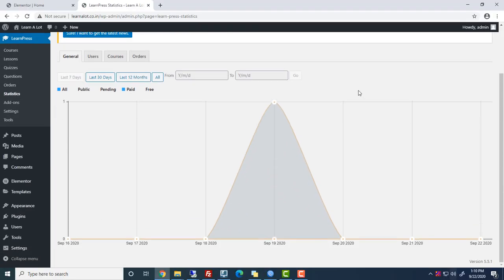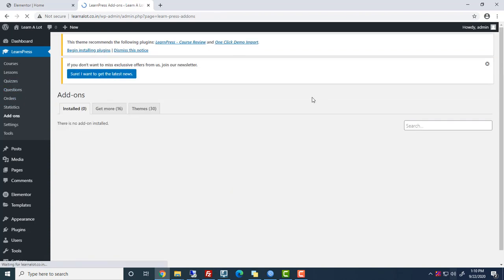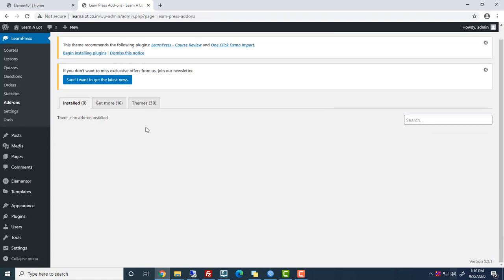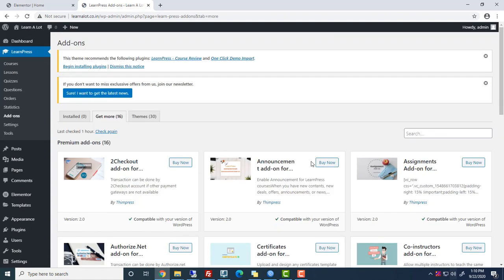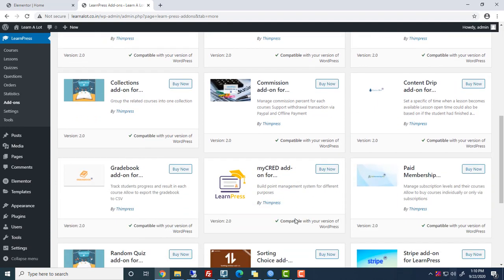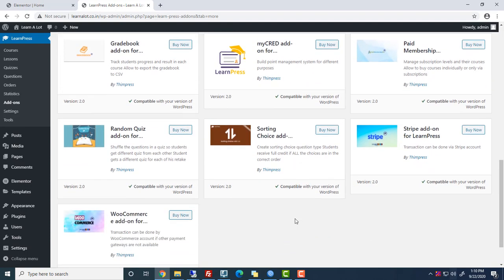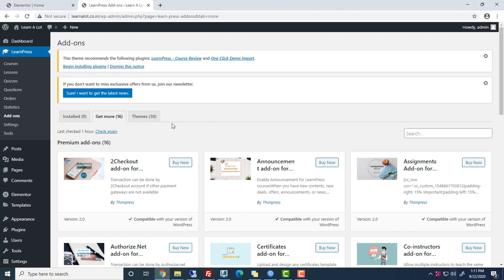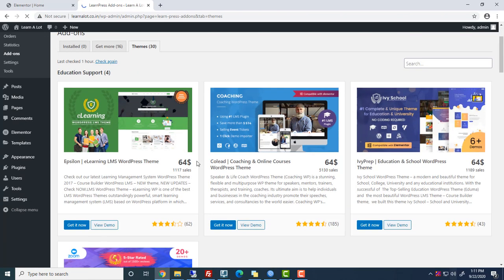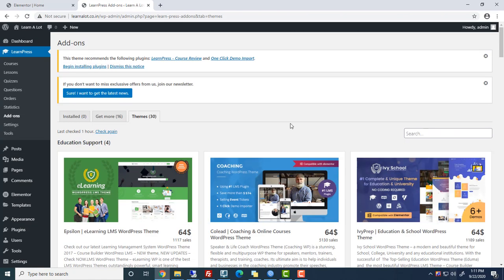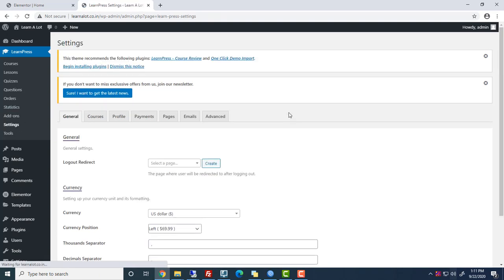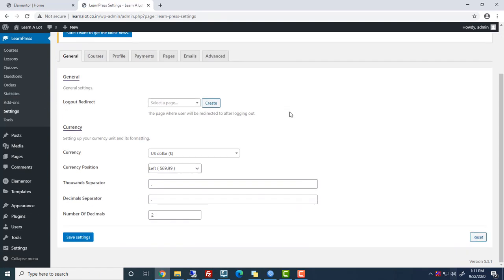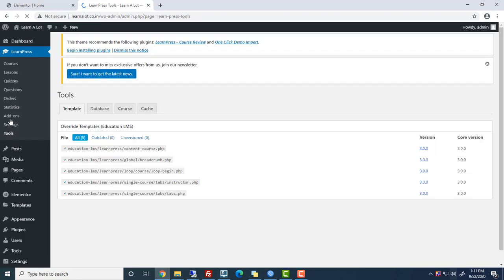Statistics. We can see the statistics by general, user-wise, course-wise and order-wise. In add-ons, we can see the installed add-ons and themes here, and we can add more add-ons like certifications, assignments and adding WooCommerce to our course. We can get themes here. In Tools, there is a Template tab,